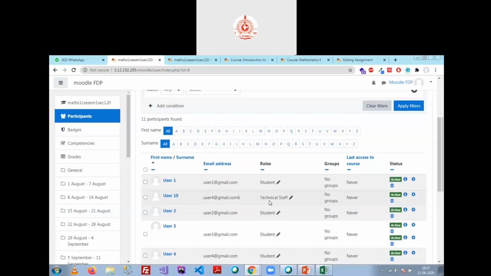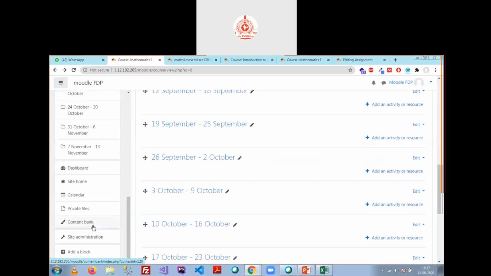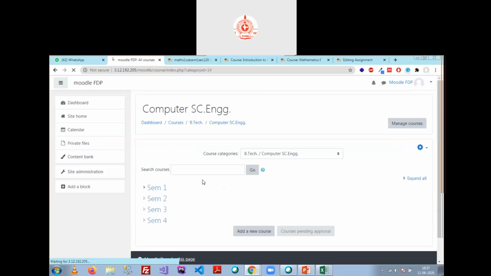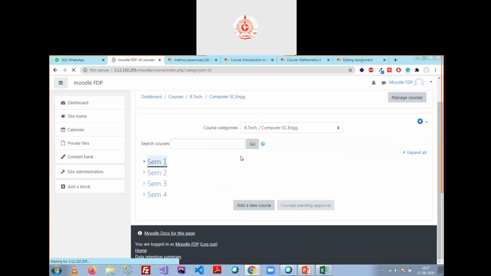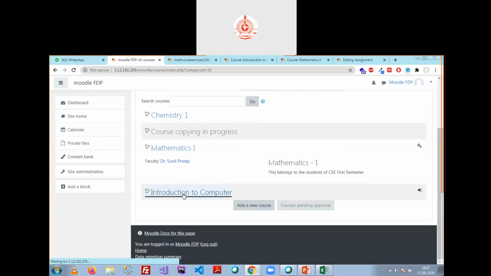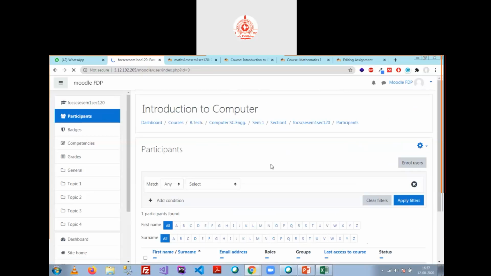So that is the easiest way, and not only in the mathematics course, these users are also enrolled in the other courses as well. Section 1, Introduction to Computer, and check the participants list.